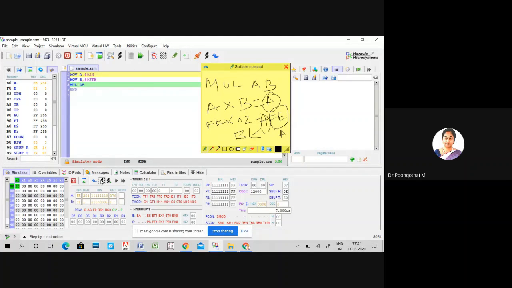And next your result FE, the LSB, is moved into the accumulator and your B holds 01. That's all. So here you can see your result. After execution of this program, the accumulator holds FE and the B register holds 01.